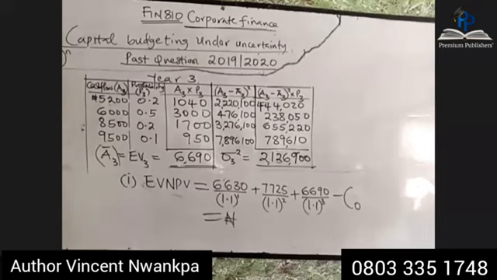We get a value. Minus 14,000. I will have